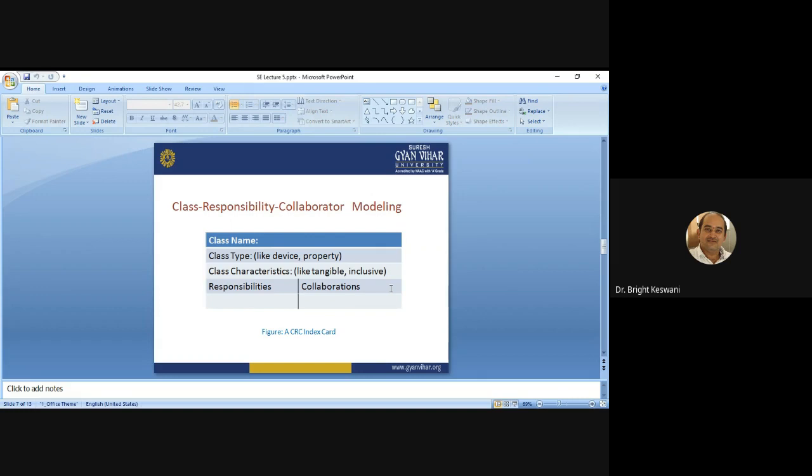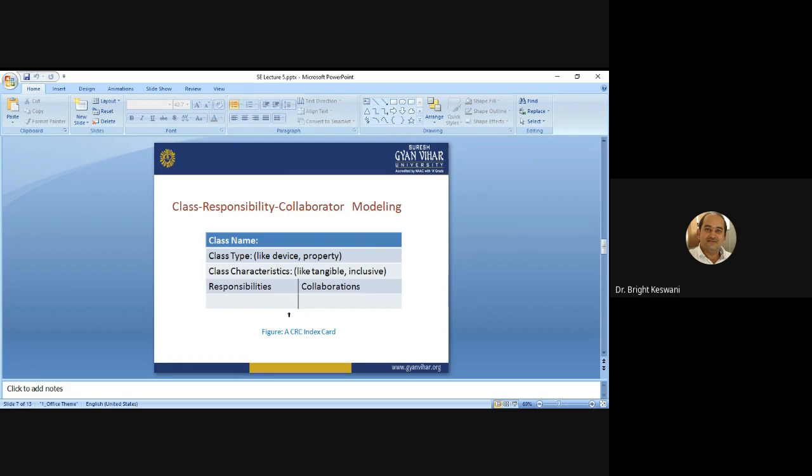In the body of the card you list the class responsibilities on the left and the collaborators on the right. You can see it in this slide, a typical example of a CRC index card.